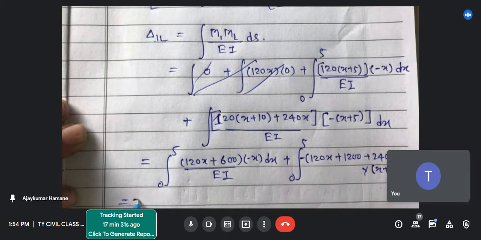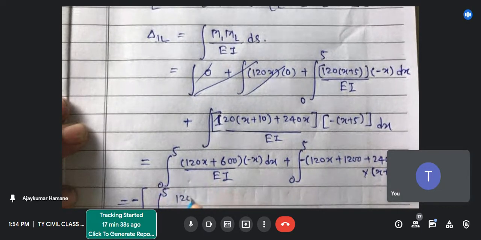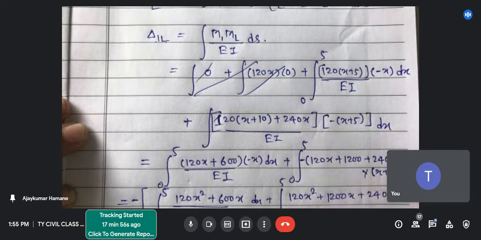Minus common from both the terms, integration of 0 to 5, 120x square plus 600x divided by EI into dx plus 0 to 5, 120x square plus, sorry, okay, no problem, 1200x plus 240x plus 600x plus